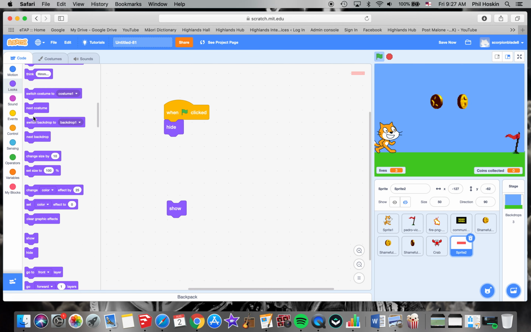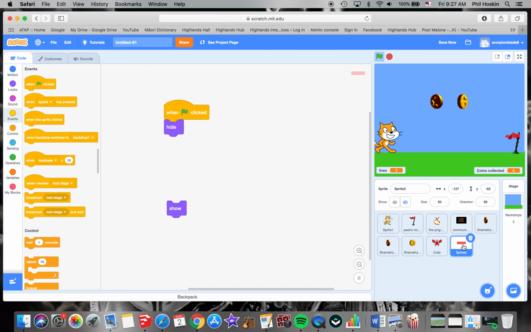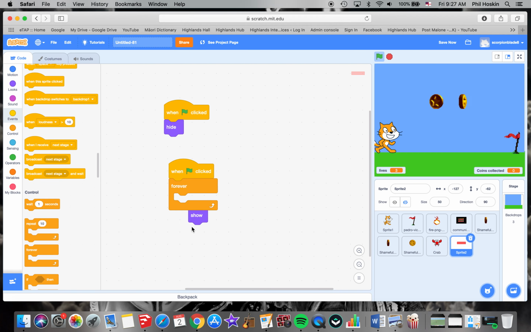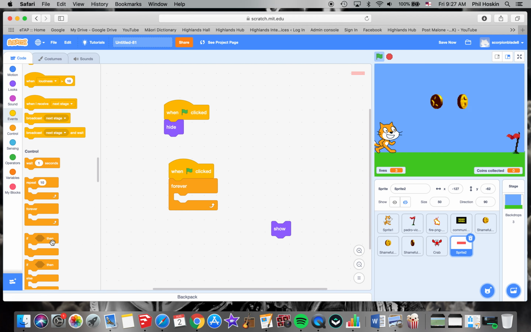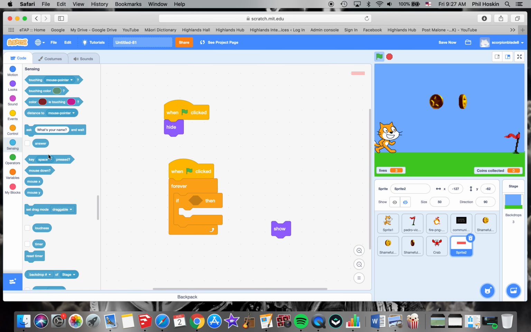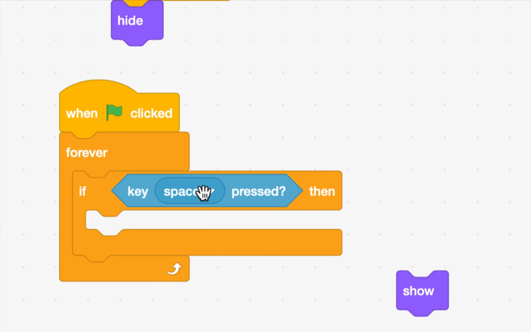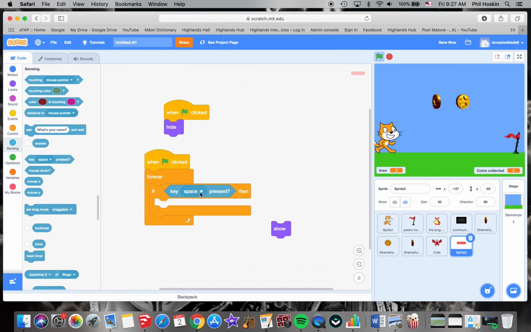So we're going to do a new script for our bullet still. So when the green flag is clicked, forever, if, then, sensing, key, space pressed. So this is the button that you need to choose for shooting. So I think my jump is the up arrow, so I might use space as my shooting button. You can choose any button you want. So if the space key is pressed,